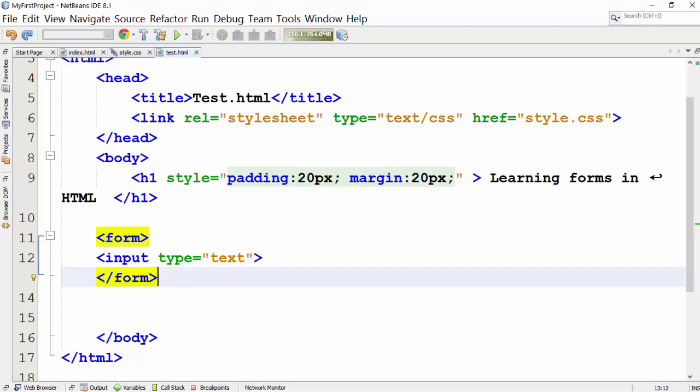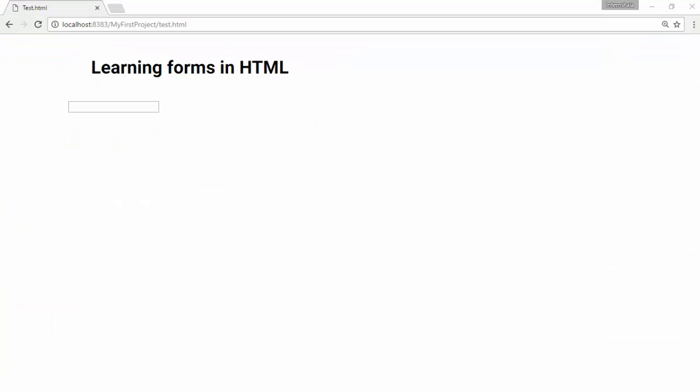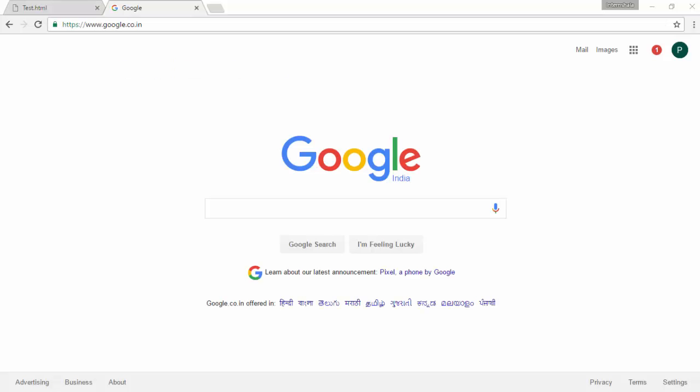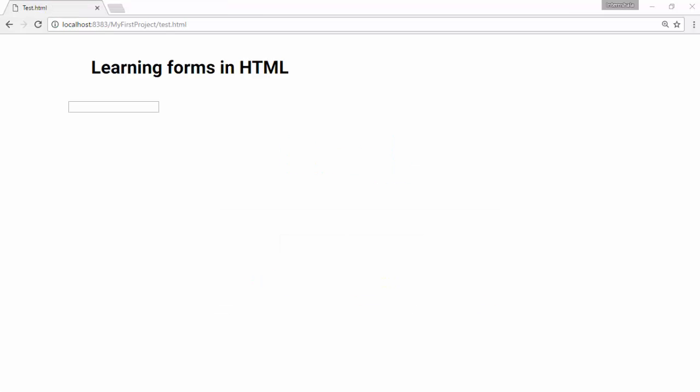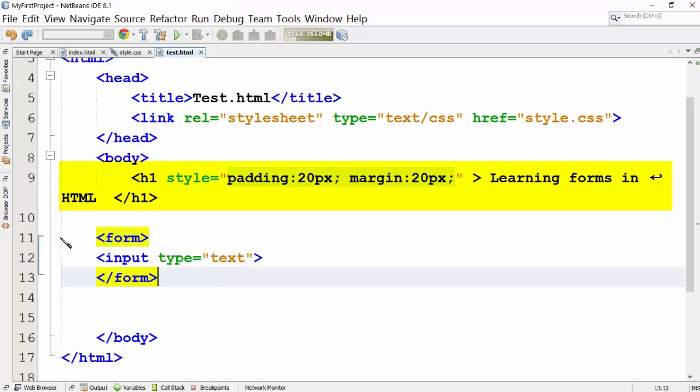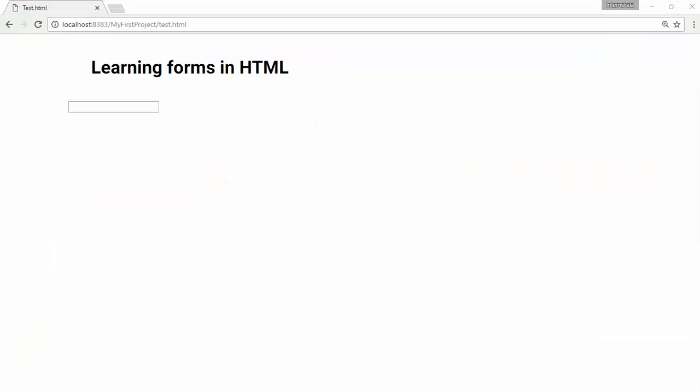Let us see how this form looks like. You would see that it creates a single input field to enter text input. Google homepage has a single input field that all of us have grown so accustomed to use. If we did not use the h1 element here along with its padding and margin, this input field without the styling would be at top of our page. Let us experiment little more with our form.